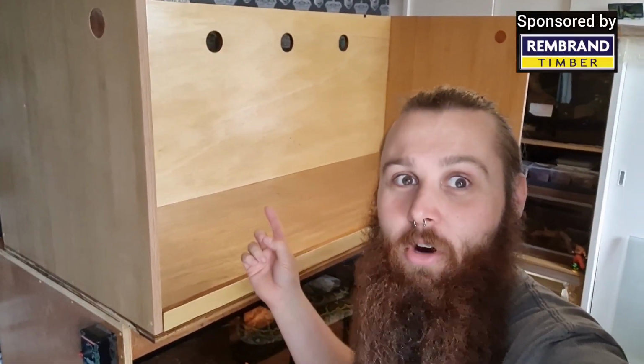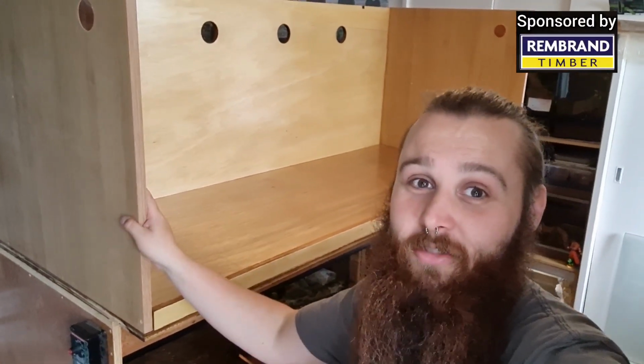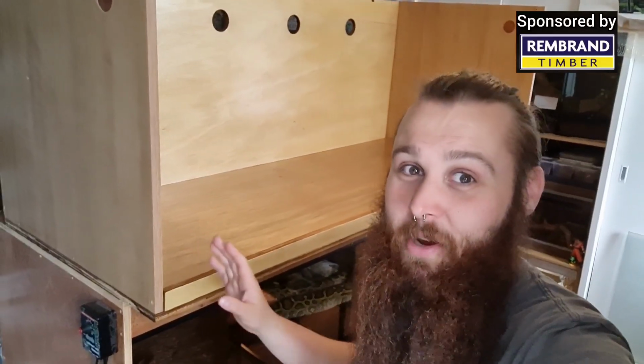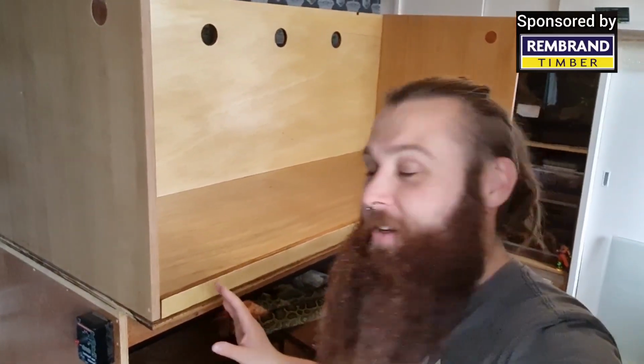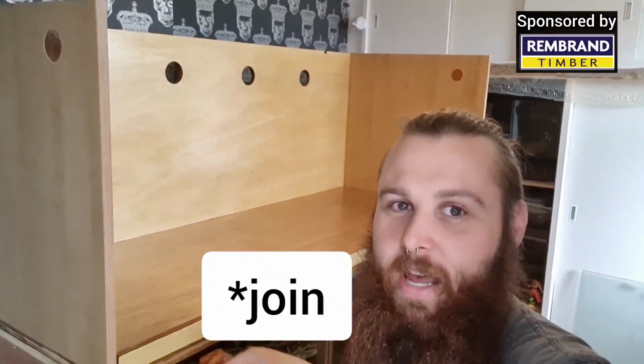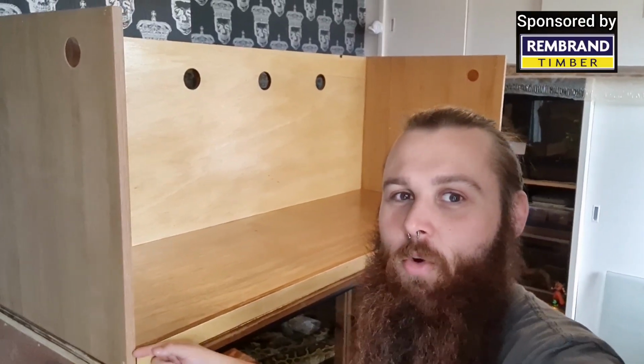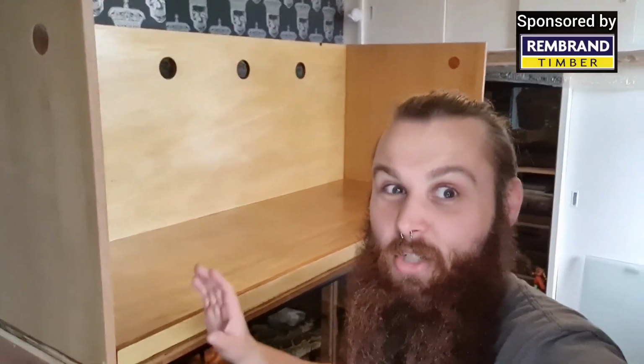So now I'm going to go around it all and really bolt it together and make sure it's not going to move. It's actually already solid with just about 2 screws in each side, but we're going to pop about 3 in each section so that everything is bolted in. This will have about 5 screws, 1 in each side, 3 in the middle, just to make sure everything is super bolted together,